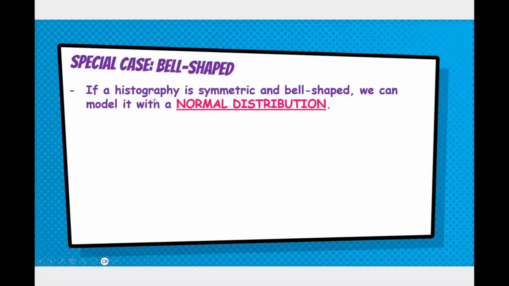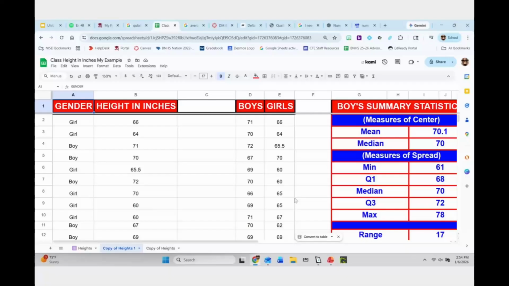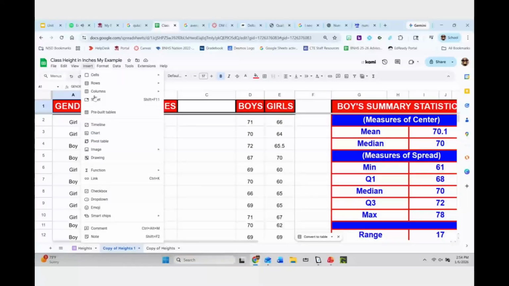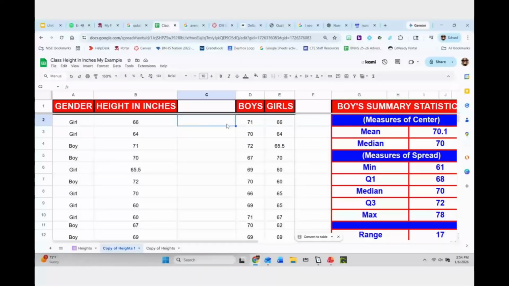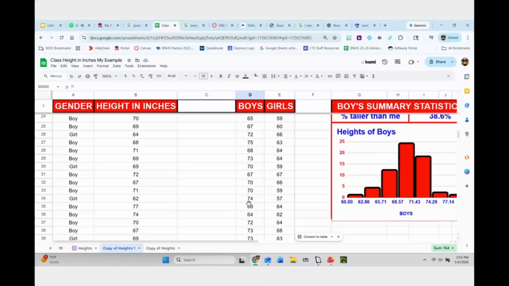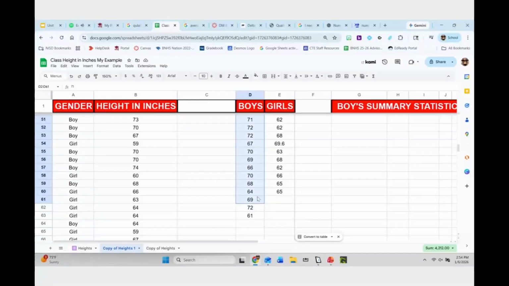So that leads us to our, well, actually, I need to show you how to do this real quick. Hold on, before I get ahead of myself. Okay, so last unit, we highlighted our frequency table, and we went up to insert and chart. We're going to do the same thing, and it's probably going to give us a histogram already, and it may give us something that already kind of looks nice. You can see I already have mine down here, but just to remind you how to do that,